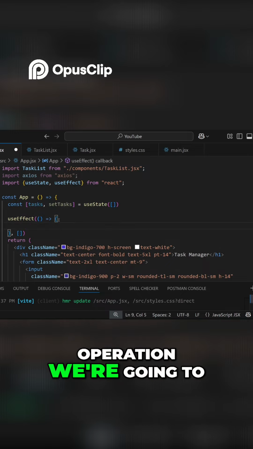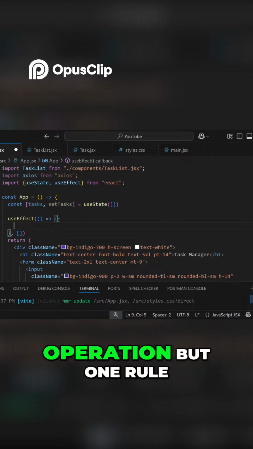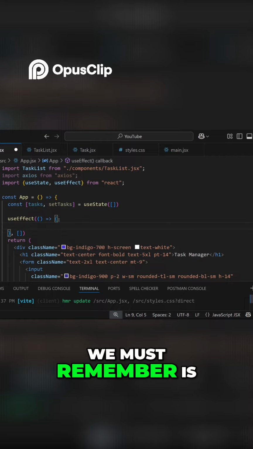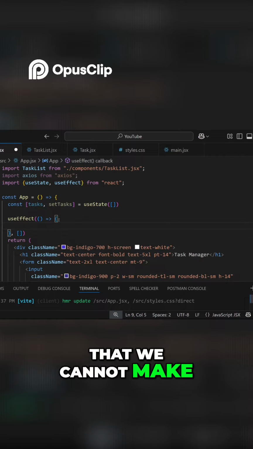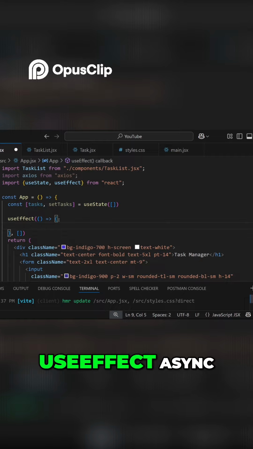Now, the operation we're going to perform is an asynchronous operation, but one rule we must remember is that we cannot make the callback function of useEffect async,